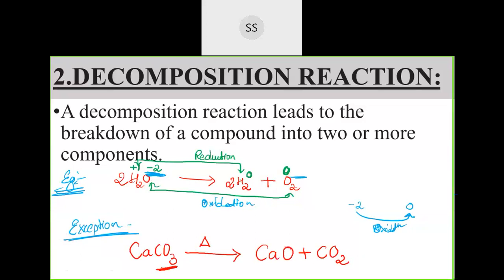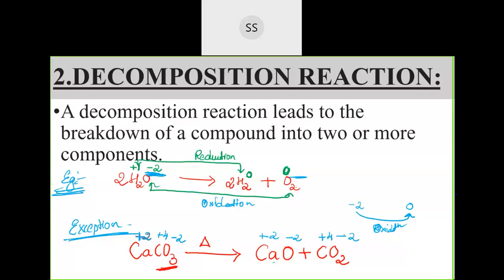Now you check whether they are undergoing oxidation and reduction. Calcium is in +2 oxidation state here. I am talking about the compound. In the compound, calcium is in +2 state. Carbon is in +4 state. Oxygen is in -2 state. Now come to the product side, calcium oxide. Calcium is in +2 state. Oxygen is in -2 state. So they cancel each other, and the compound has no charge, 0. Now come to carbon dioxide. Carbon is in +4 state. Oxygen is in -2 state.